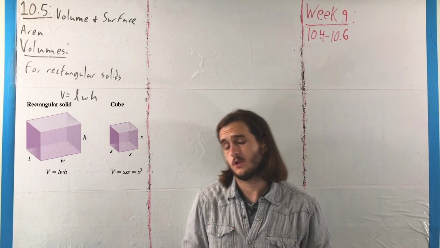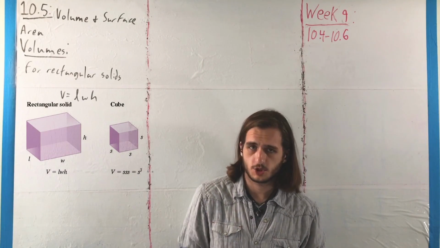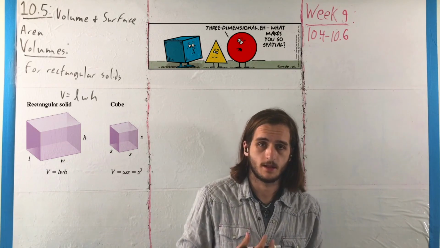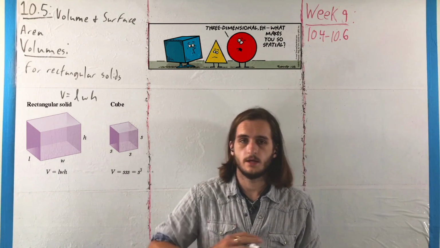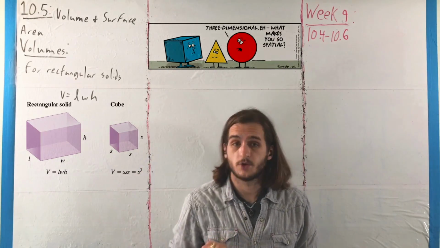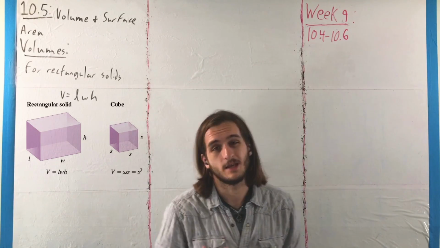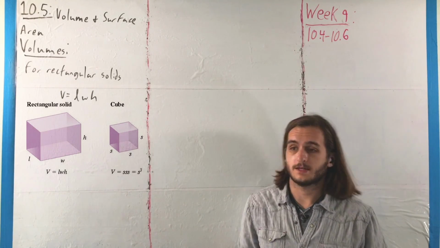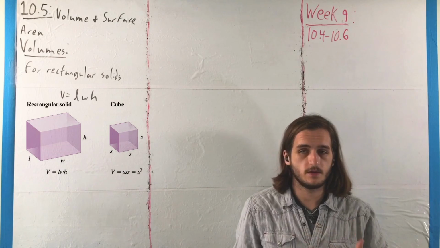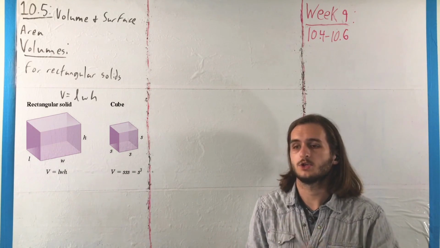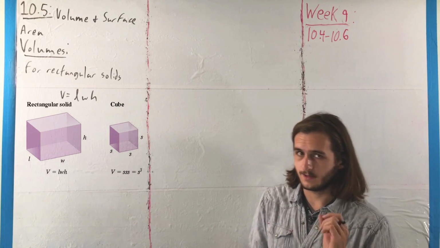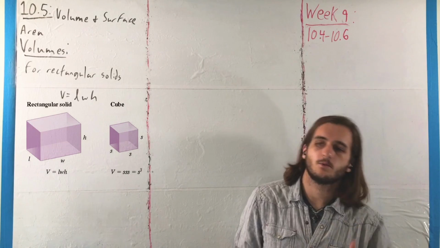So for 10.5, really all we're doing here is taking our discussion of two-dimensional things like area and perimeter and stacking on top of that a third dimension to talk about things with volumes and surface areas, where for rectangular solids we have the formula V equals LWH. That is, the volume is given by the length times the width times the height,